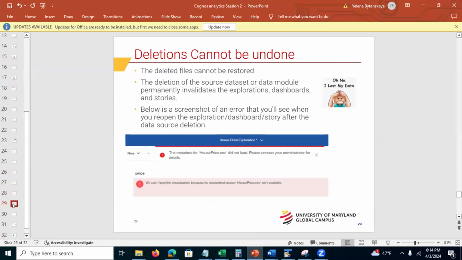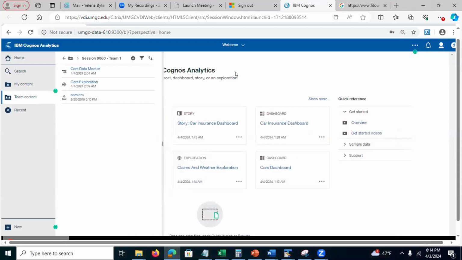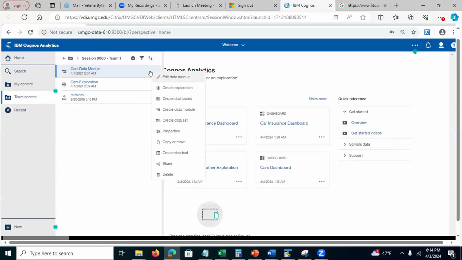See, so you're gonna watch. Oh, and this is a big issue. You need to remember this. If you delete the data, then everywhere where you use the data, every single file will become invalid. And you cannot do anything because all of the data sets, right? Like see here, this is data module. If I look at